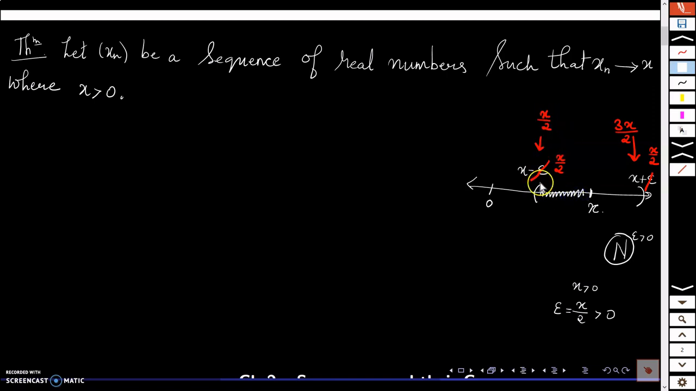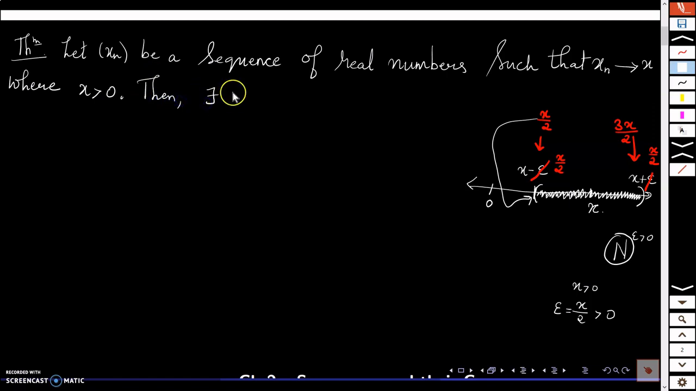That means they will be bigger than x by 2 because they are inside this ball. They will be somewhere here, right? So you can see that x by 2 is a number here now, exactly here. This is x by 2, this one. And all the terms of the sequence are greater than x by 2 after a certain stage. And that's what this result says. Okay, then